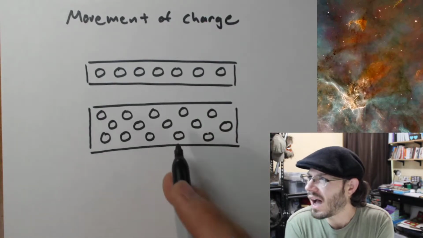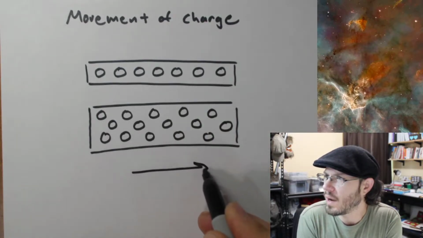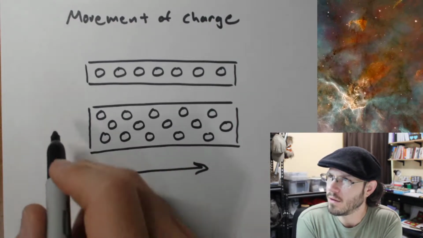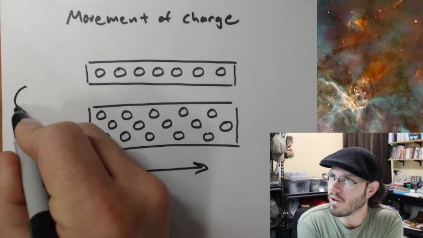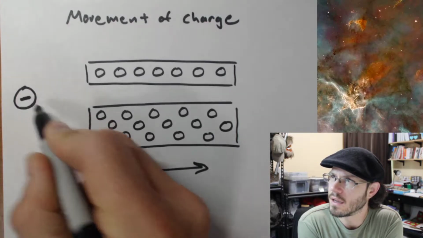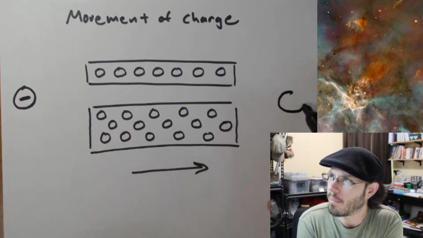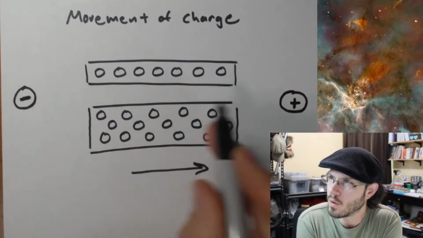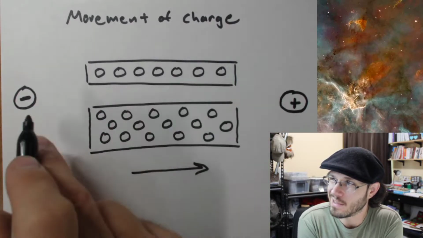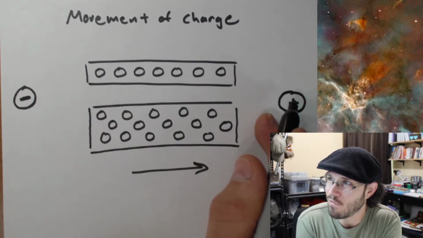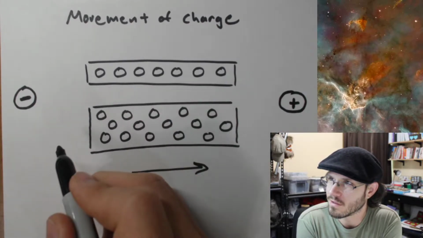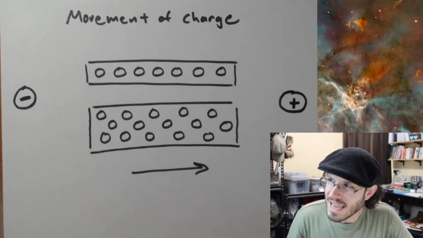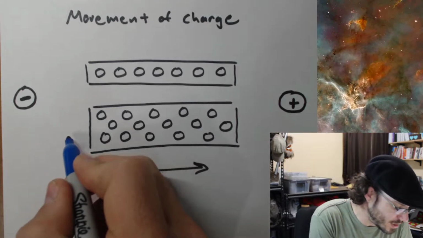Now, we caused this situation to occur by having something more negative on this side and having something more positive on this side, right? So having this imbalance of charge created a force of EMF, or voltage,